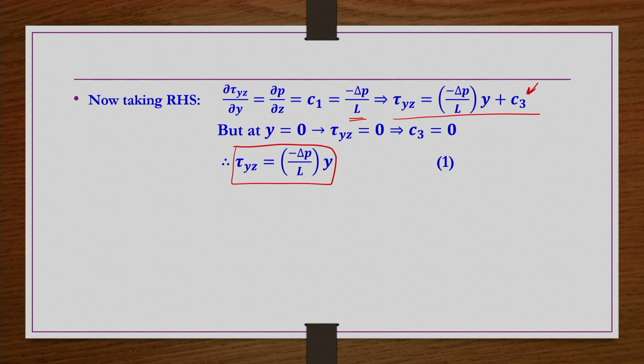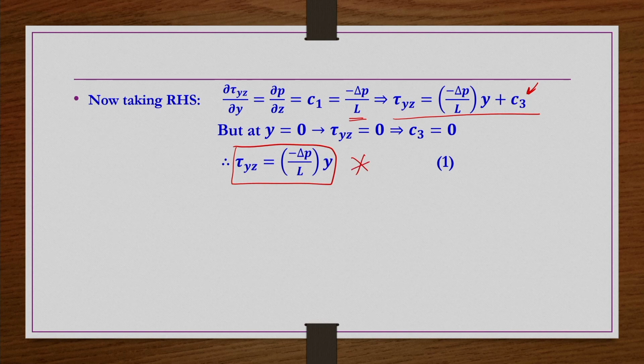Okay. Now, till this point what have we done? We have simplified the continuity and momentum equations after having enough understanding about the geometry and the confinements or constraints of the problem. We got this expression, right. We have not applied any restrictions or assumptions about the rheology of the fluid. So, up to this point, whether the fluid is a power law fluid, a Newtonian fluid, or a viscoplastic fluid, whatever it is, as long as the fluid is a generalized Newtonian fluid, this expression is not going to change.